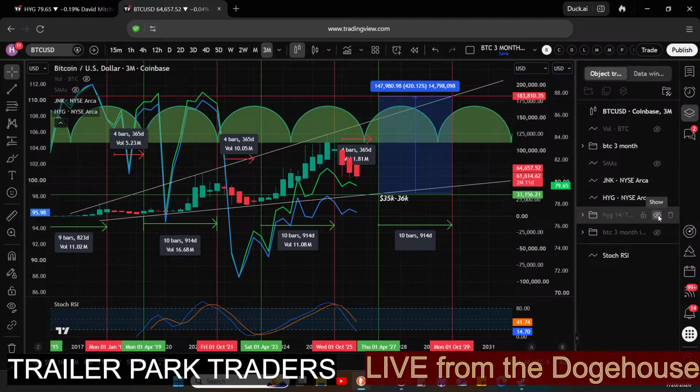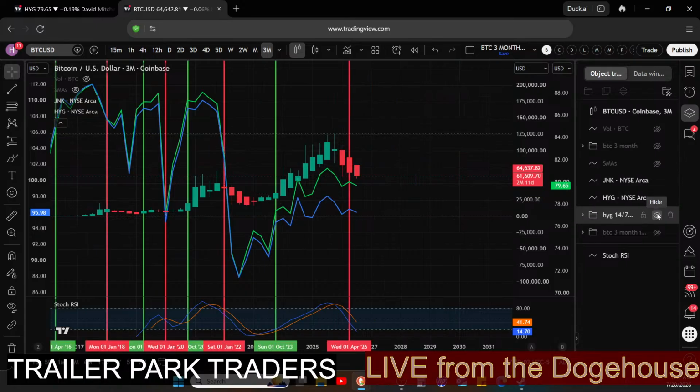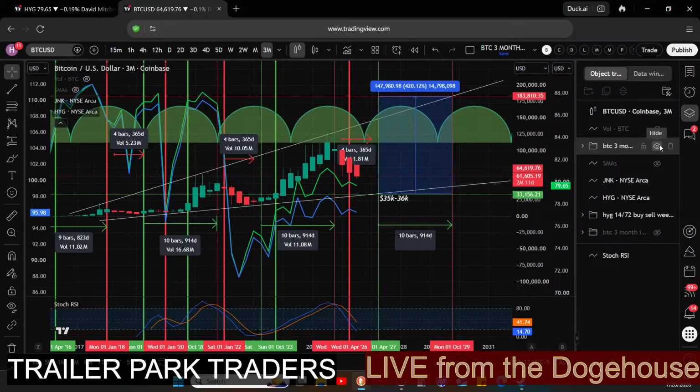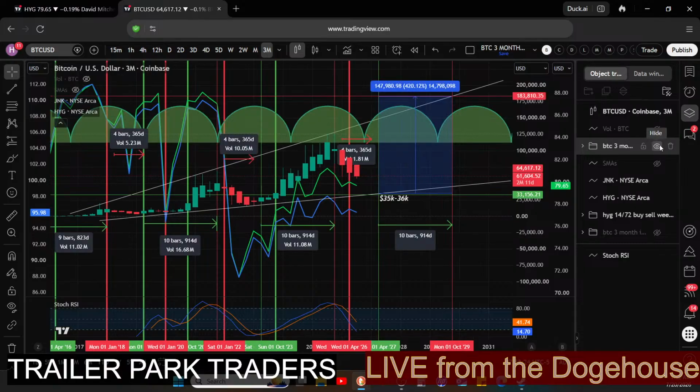Let's overlay the 1472 buy and sells from HYG. This is HYG, so I'm going to turn off the Bitcoin and I'm going to turn on the HYG crossovers. And now I'm going to turn back on how close it is. So